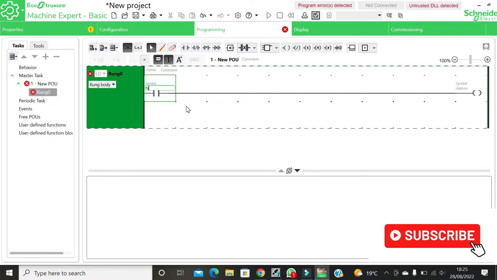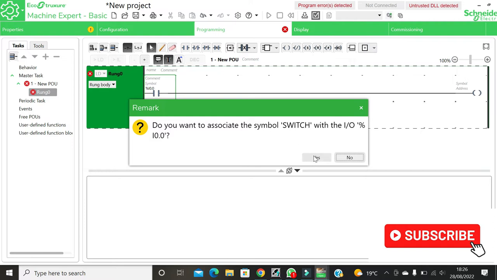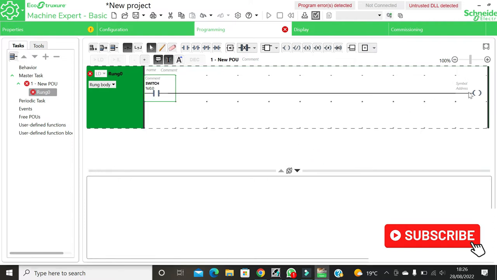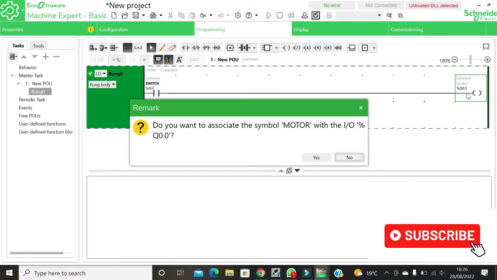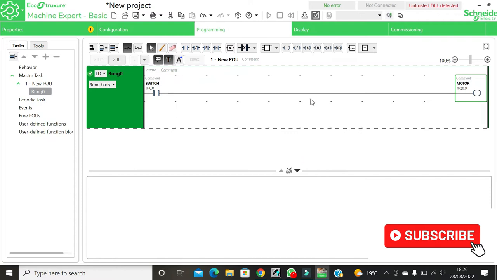I click on address. We give it an address percentage I 0.0. Then for the symbol, we can simply call it switch. Enter. For the motor, we'll also give it an address. We say percentage Q because it's an output. Then we can give it percentage Q 0.0. For the symbol, we call it motor. So there is our program,